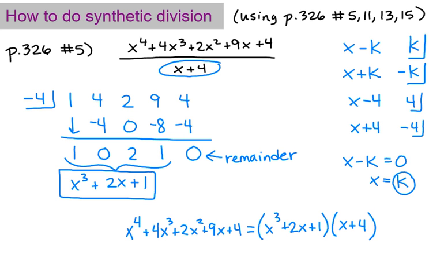So that's kind of handy if you had to factor something. Synthetic division, if you get a remainder of 0, tells you what a factor is. Okay, let's move on